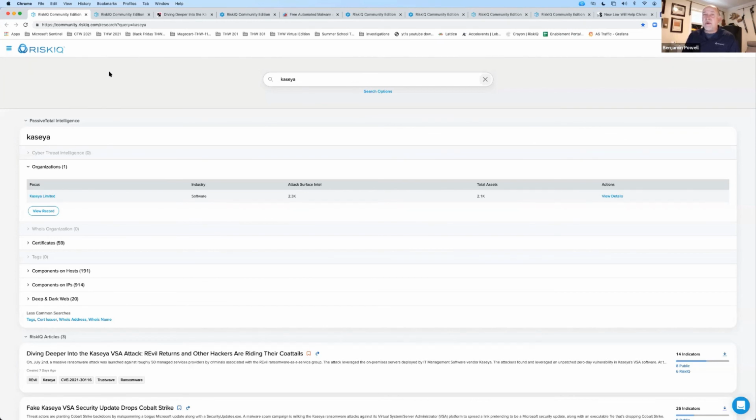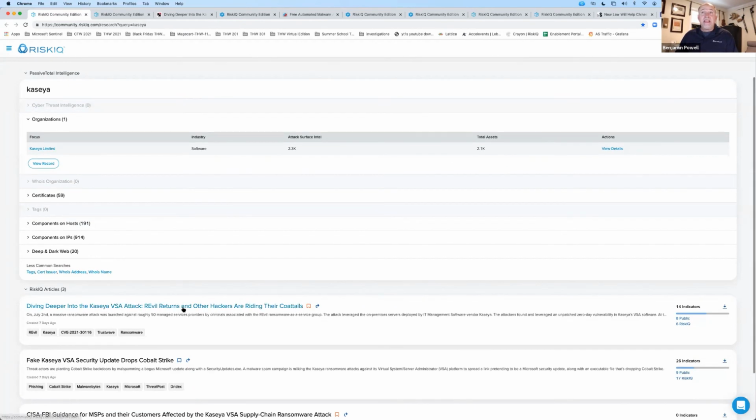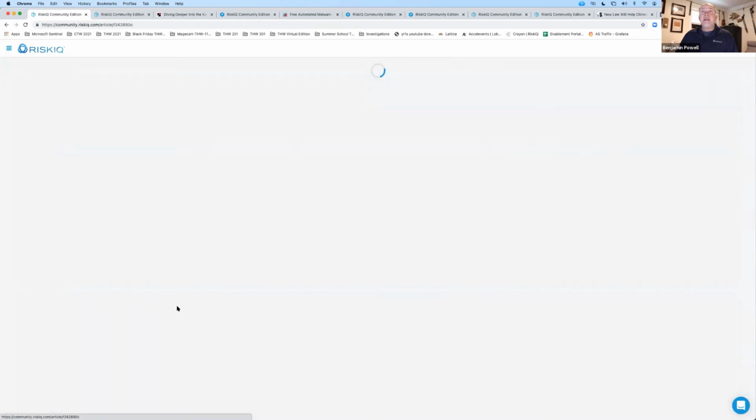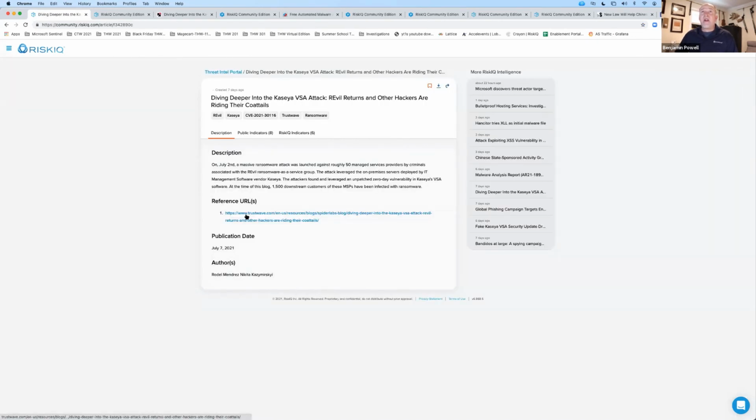So this is the real world stuff that we're dealing with. This is why I tried to pick this type of scenario, because you might have gone through this manually yourself. So if we go back, and I put all the links in so you can take a look at what's there. If we started back in the RiskIQ Illuminate interface through the threat portal, and we searched for Kaseya, there was an article that popped up. And if you take a look, it's the first article listed. So when we look at this one, if we right click and open this in another tab, you'll see the actual article. But one of the things I wanted to mention was,